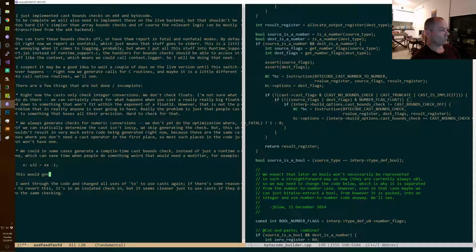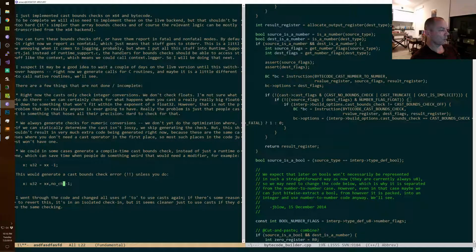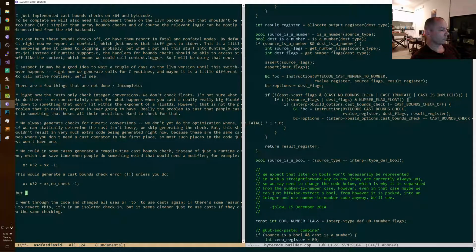This would generate a cast bounds check error unless you do something, but it's determinable, so it's probably no big deal if that feature goes in.